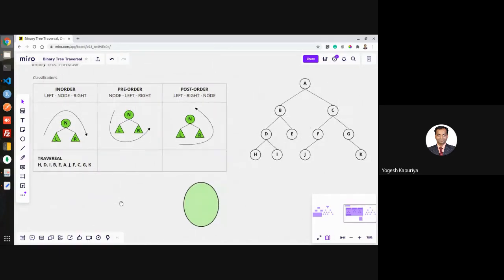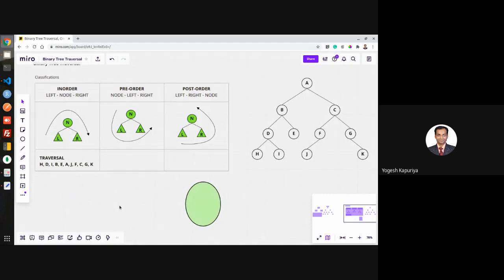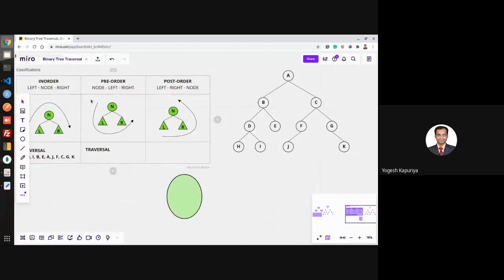Right. So let's discuss the next technique, that is pre-order traversal. Now what we do inside pre-order traversal, right? So you have to first observe this rule set. What it says, node, left and right. So that means you will start traversal with the node value. So node, left and right. So node value is A. So that means the first will be A.